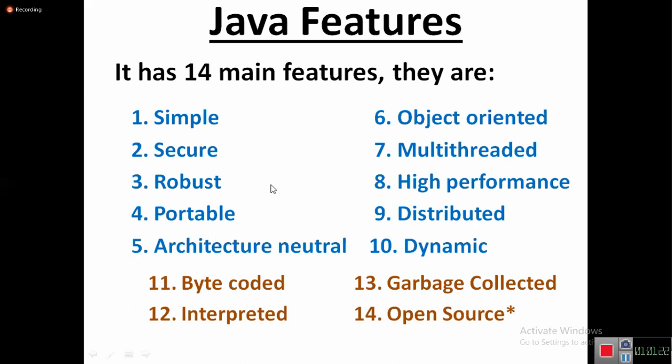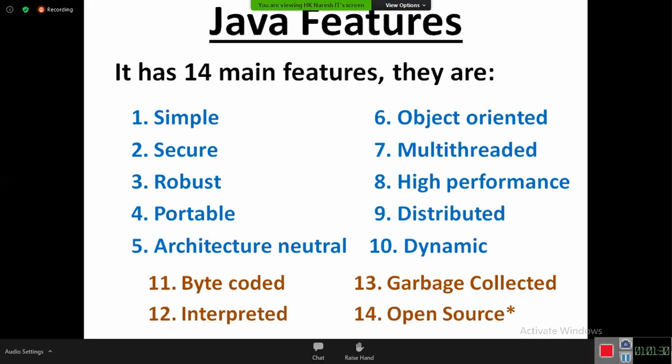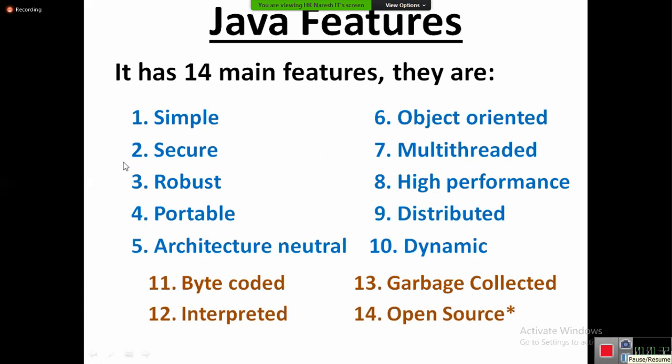Are you all comfortable with this explanation, or do you want me to make any changes? Newly joined students, did you understand all points? All of these come under what? Platform independent, right? Under platform independent, JVM. Okay. Next, object oriented we must consider, multi-threaded we should consider, high performance we should consider, distributed and dynamic we should consider. Look at that.